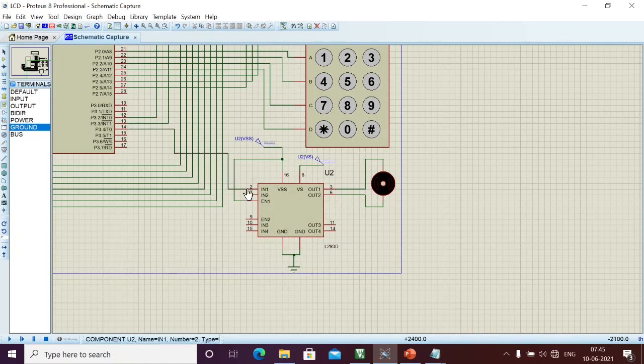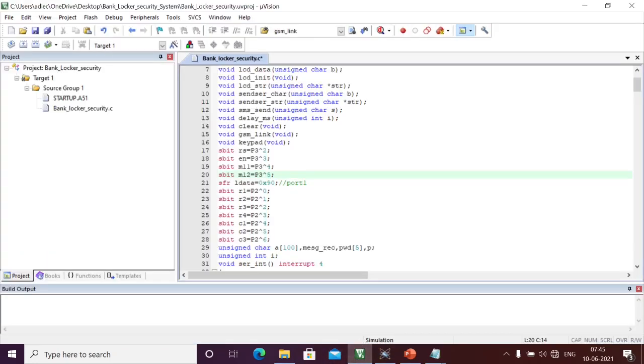Okay, this is 3.4 and 3.5; we should connect them to input 1 and input 2, so we can send 10, which means the motor runs in the clockwise direction. That means the locker is opening, and if it is 00, it stops, so we can withdraw the money. And in a similar way we can close by using the anti-clockwise direction, then stop again. That program we are going to write now.